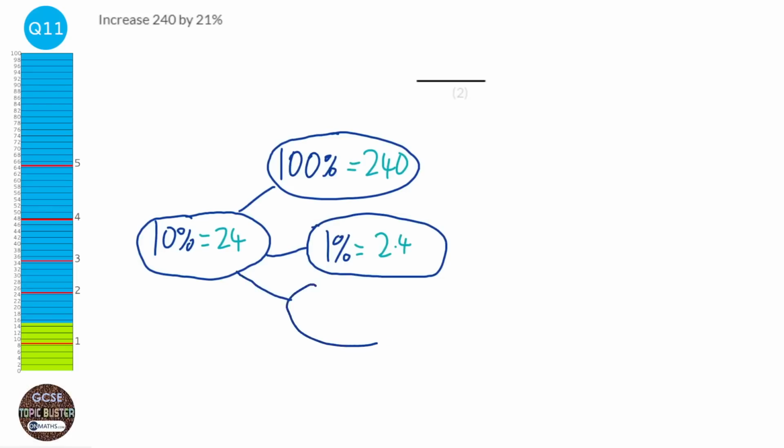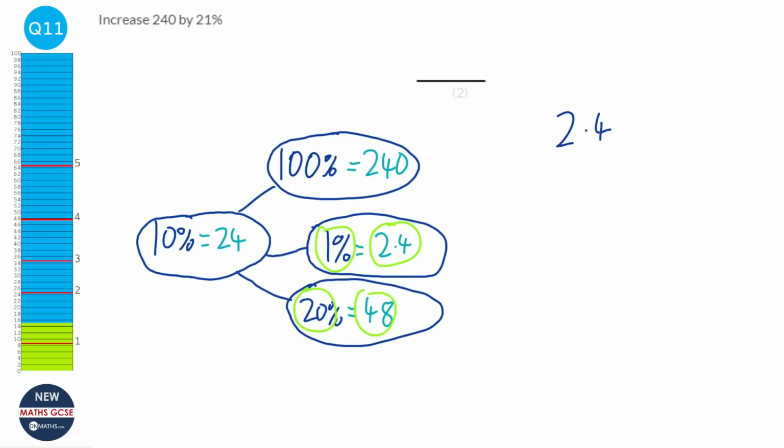And then we need to find out what 20% is. And 20% we just double the 10%, so it would be 48. And so 21% is this plus this, because 1 plus 20 is 21. So we add these together, so 2.4 plus 48. Probably don't need to do this formally. Probably do this in our heads. So 50.4, but it says to increase